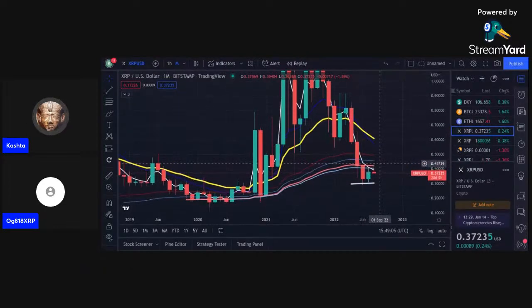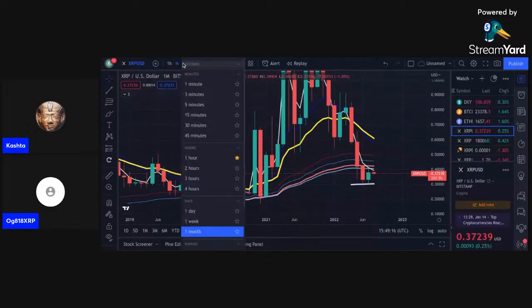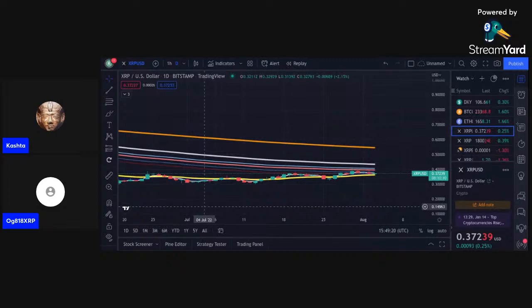It's taking on the 3 exponential moving average and kind of rejecting off of it a little bit. So what we need to see is this break above the 3 and start to take on these resistances. We zoom in on the shorter time frame. I'm going to go to the daily for XRP,